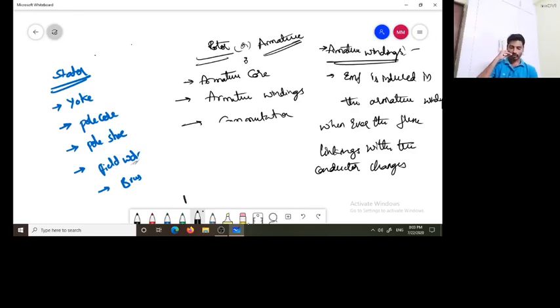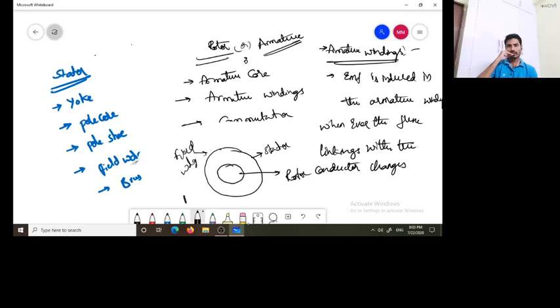According to Faraday's laws of electromagnetic induction, as we know, I'm again drawing this, remember this is a stator and this is a rotor. The stator is having some poles. The stator is having some winding, which is called the field winding, and the rotor is also having some winding, which is called the armature winding, inside the rotor. This is inside the stator.